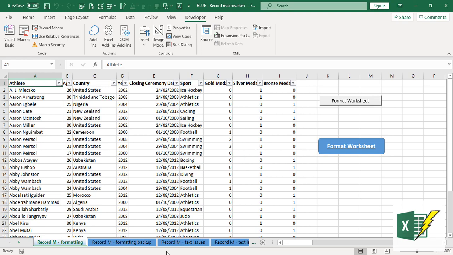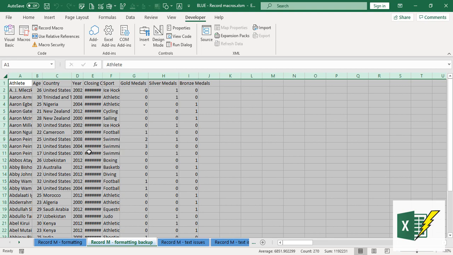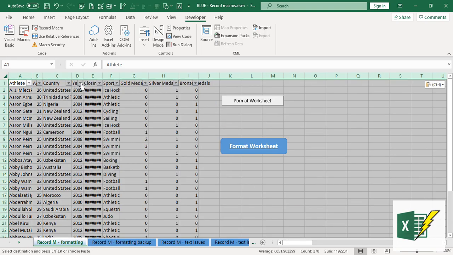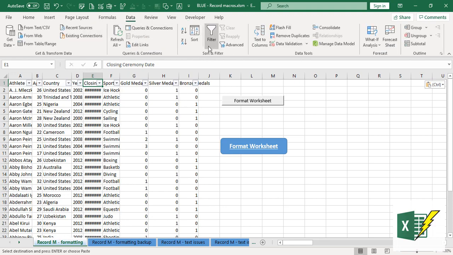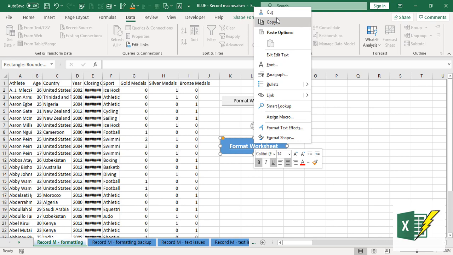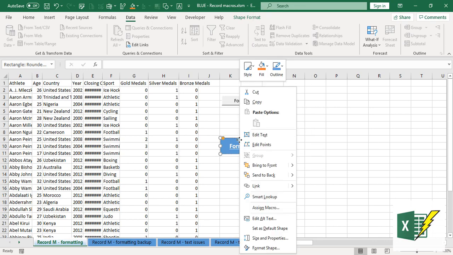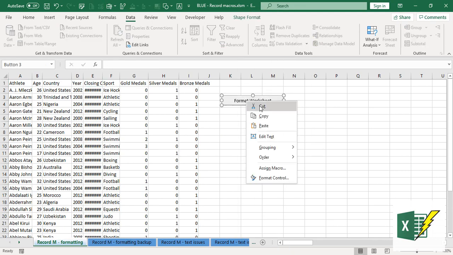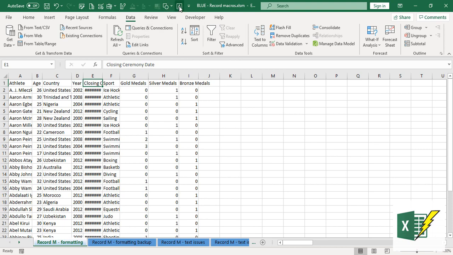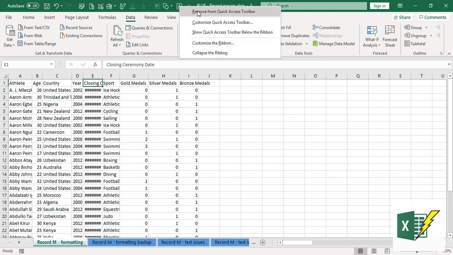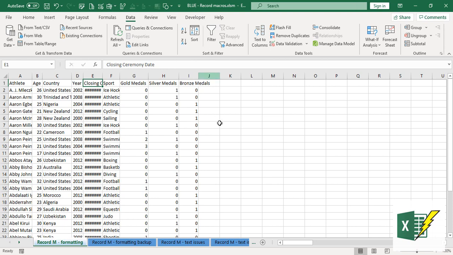So first of all, let's restore the original formatting using the backup. Let's get rid of the filter and the buttons that we created. See, right click and cut, right click and cut, and right click and remove from quick access toolbar. So the fastest way to add a button to the quick access toolbar is to use this drop down arrow